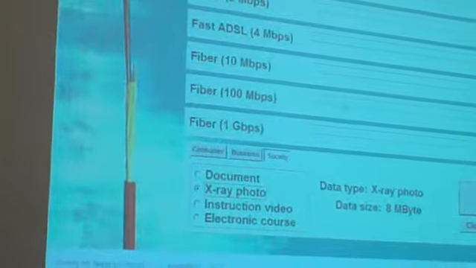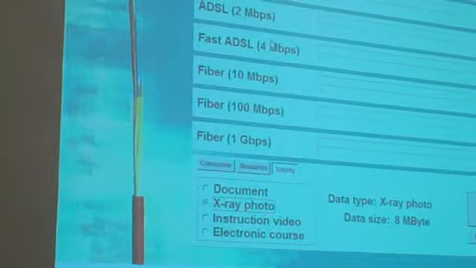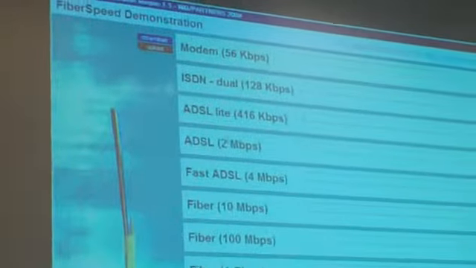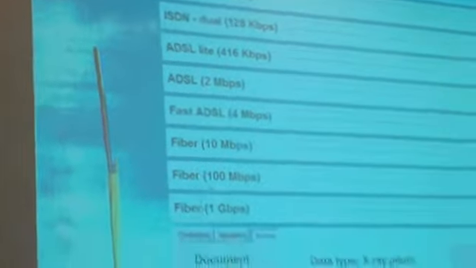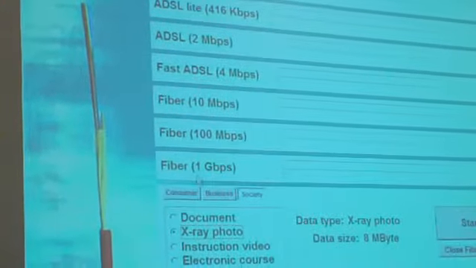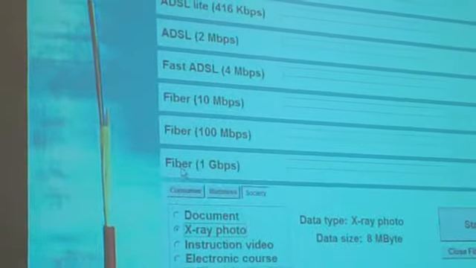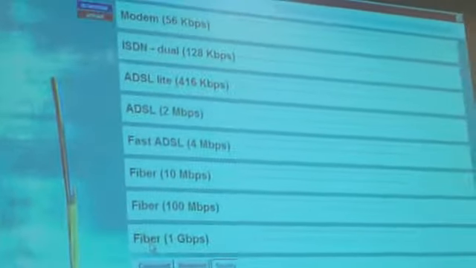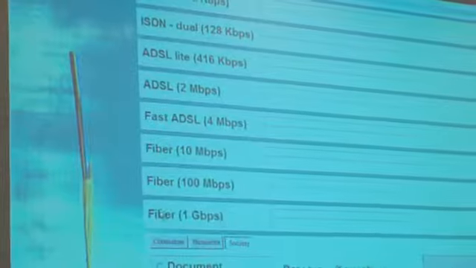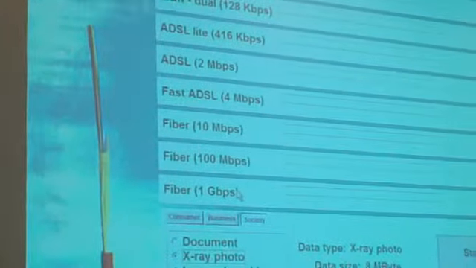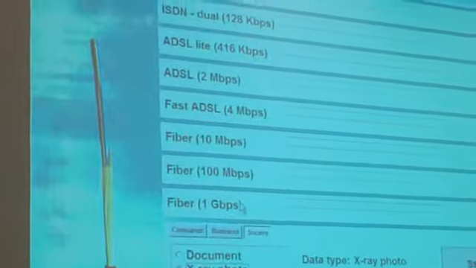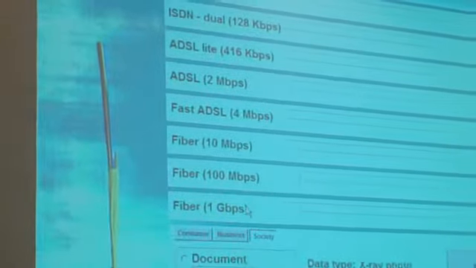Now, here's where we are in the U.S. today, right around here, okay? And here's where Japan, South Korea, here's where Singapore is going to be in 2015, okay? Here's where Hong Kong is already today. In Hong Kong, you could get this kind of speed, 100 megabits per second in both directions,